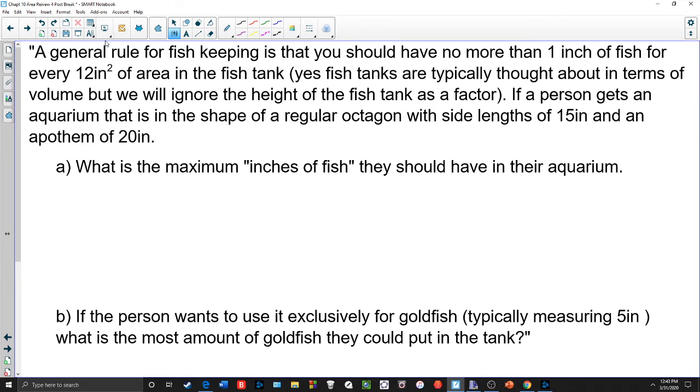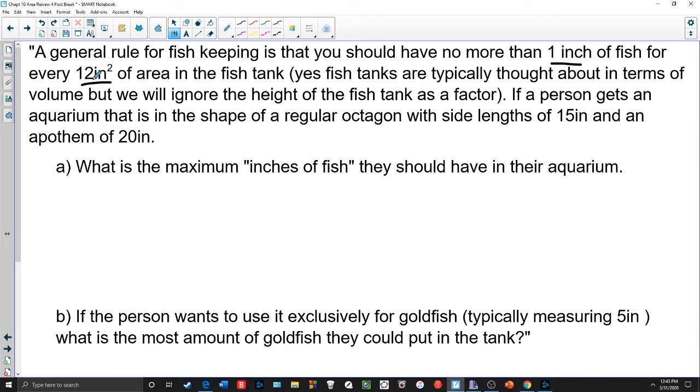Last one here. We have a fish keeping rule that says that for every 12 square inches of area, you can have 1 inch of fish. So that's the length of the fish compared to the area of the fish tank. Now, technically, fish tanks are measured in volume, but we're going to ignore the height as a factor and just talk about the area, usually the area at the base of the fish tank, as in this